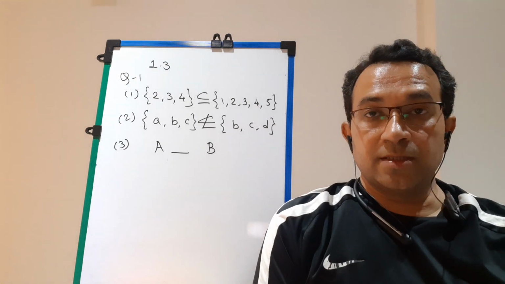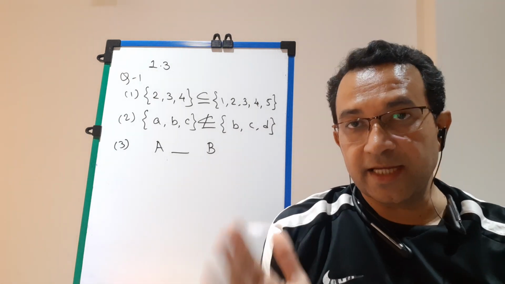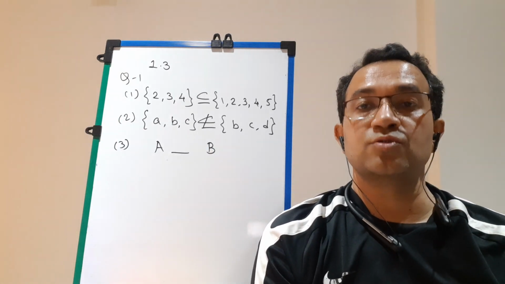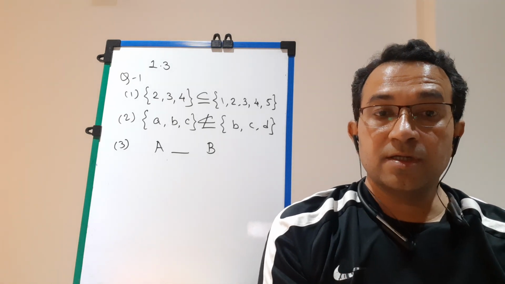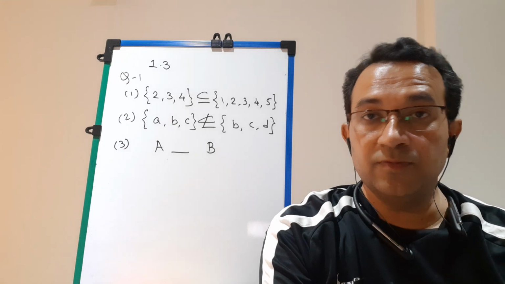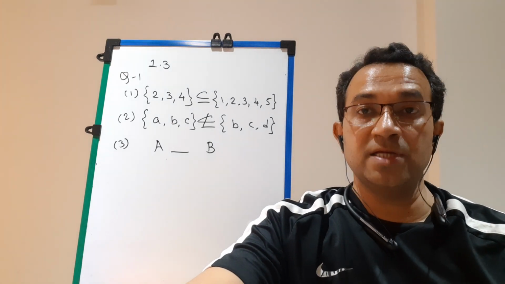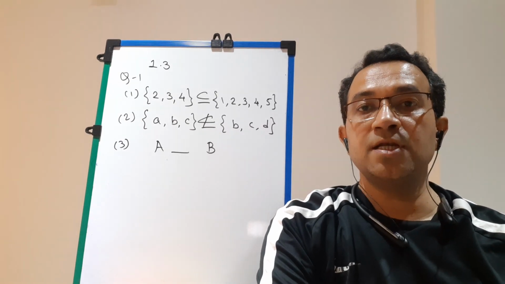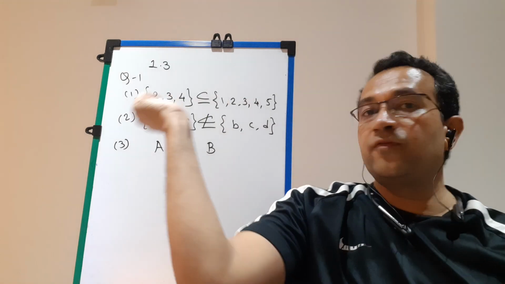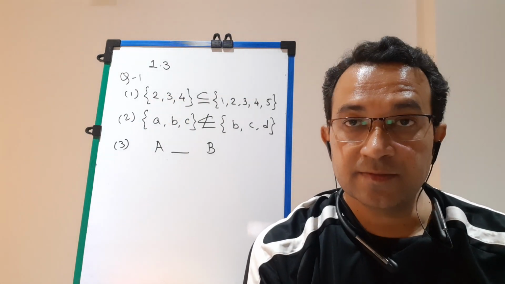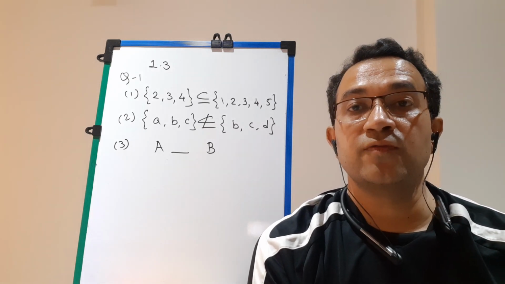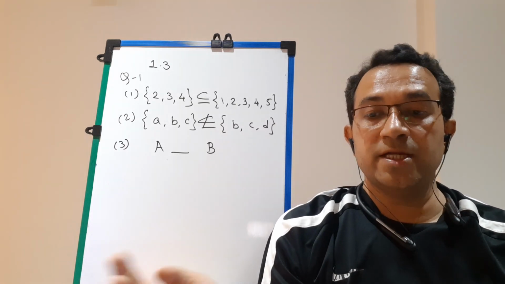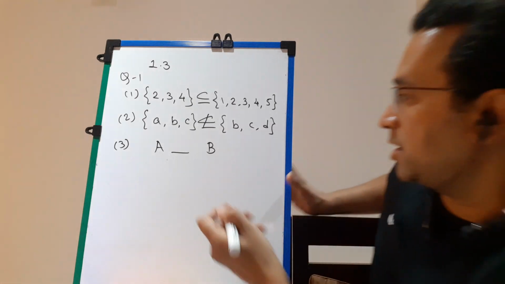So a student of your school is the second set, and it is set B. And set A is a student of class 11th of your school. Students, be careful. A student from your class will definitely be a student of the school. Yes or no? You take any one student from your class, that student is definitely a student of the whole school. So in the first set we have students of standard 11th and in the second set we have students of the school. Definitely all the students of standard 11th are students of the school. So here the relation will be subset.